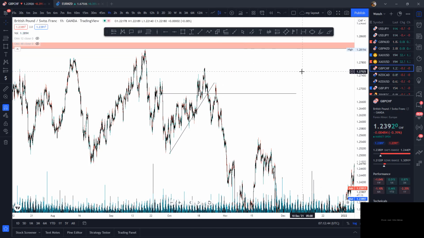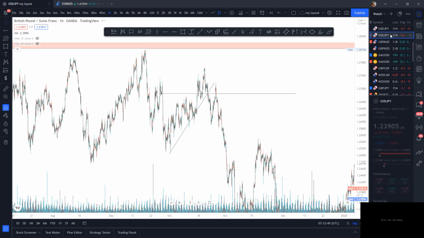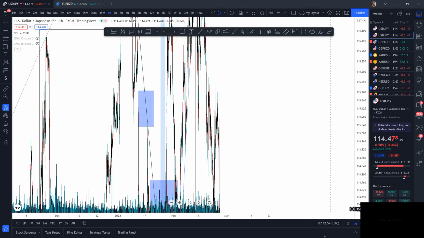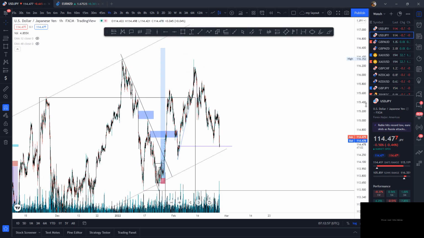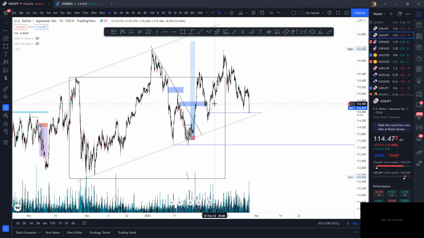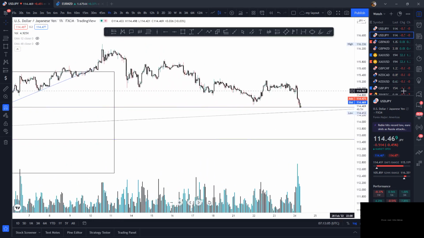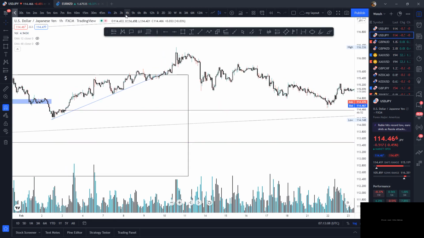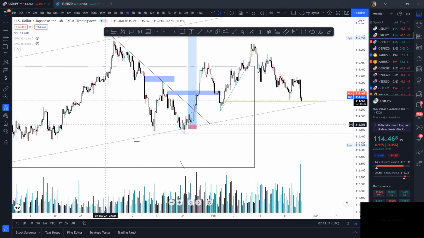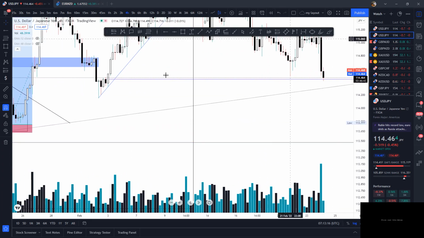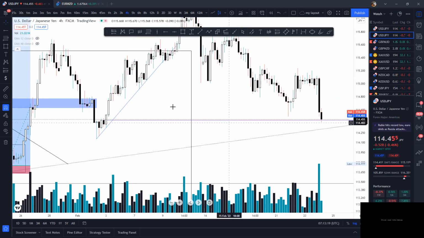So the next one is USD JPY. USD JPY on the 4-hour chart. So this is what we have. This hasn't been realized yet, it's something I'm looking at. We have